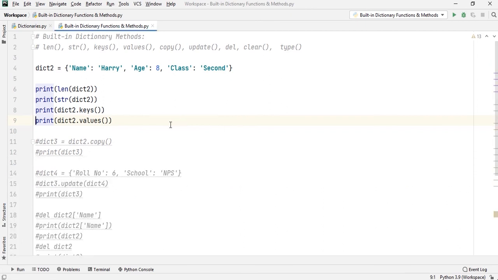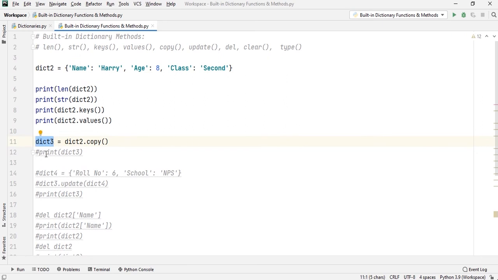Now let me go on to the next method, which is the copy method. Here I have created another dictionary dict3, where I am copying the contents of dict2 into dict3. How to do it? We have to do it by using the dot copy method. It will produce a shallow copy of the elements inside dict2 into the dict3 dictionary.